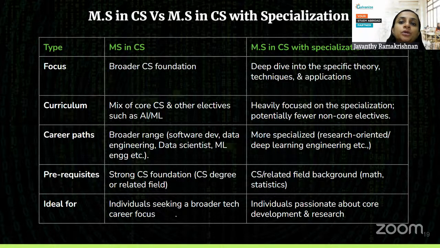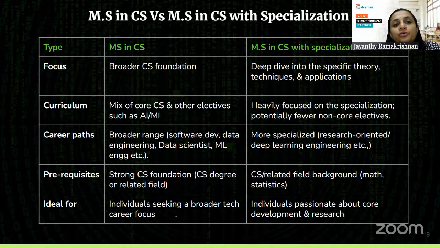Okay. Now, there is something I want to talk about here. Very often when we counsel students, they come to us and say, I don't know if I want to do a master's in computer science, or a master's in AI, or a master's in data science, or a master's in machine learning. They are not sure what they need to do. So we explain to them various things about the differences between the degrees. And based on their interest, I'll show you how to do this kind of brainstorming in the next few slides. But let me start here.